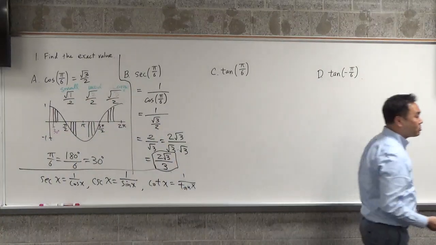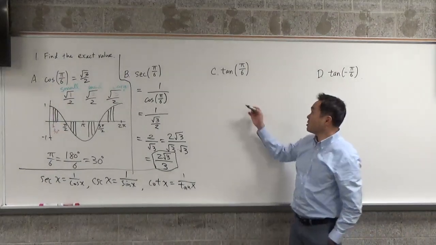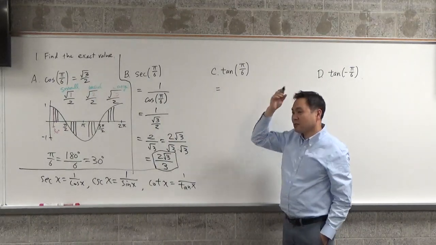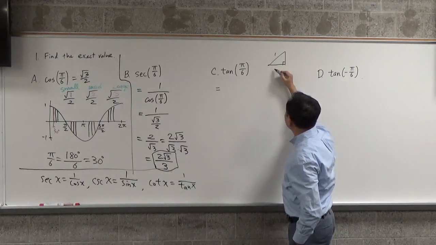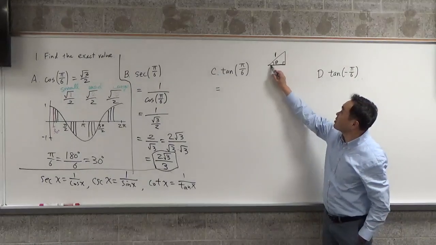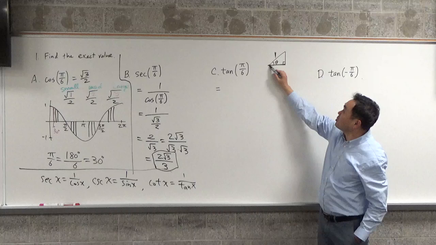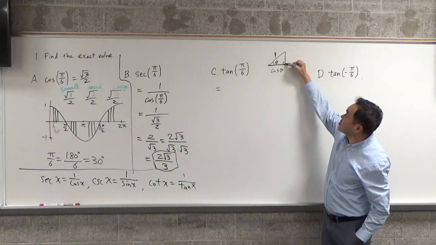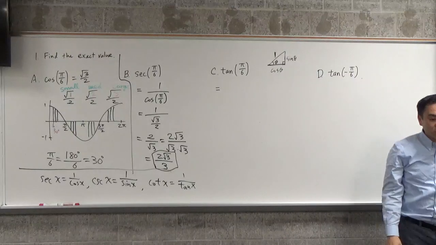Alright, now let's move on to tangent of pi over 6. How do you compute tangent? Tangent is equal to opposite over adjacent. Okay, you can do that, but also, if you have a triangle with hypotenuse 1, what is this length? Adjacent. Now, if this hypotenuse is 1, we know that this length is cosine theta, and this length is sine theta, right? So according to this picture, we know that tangent theta is equal to